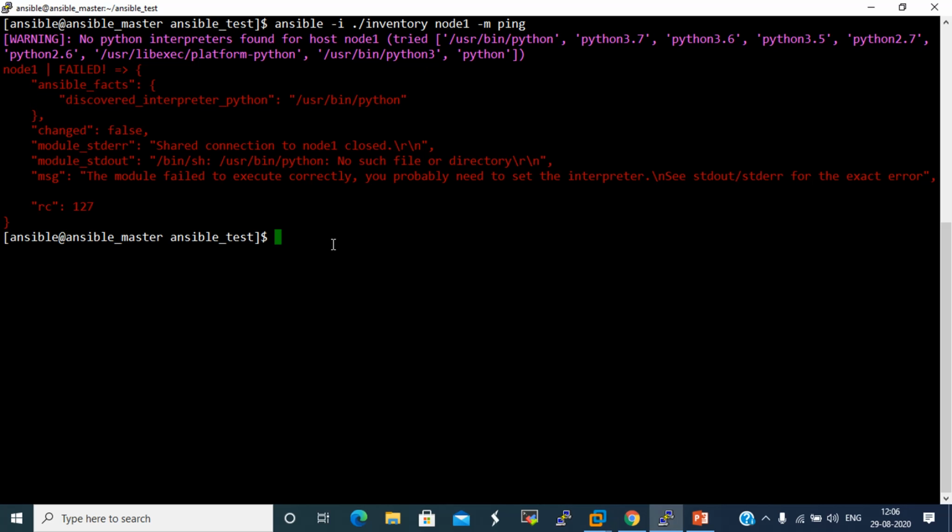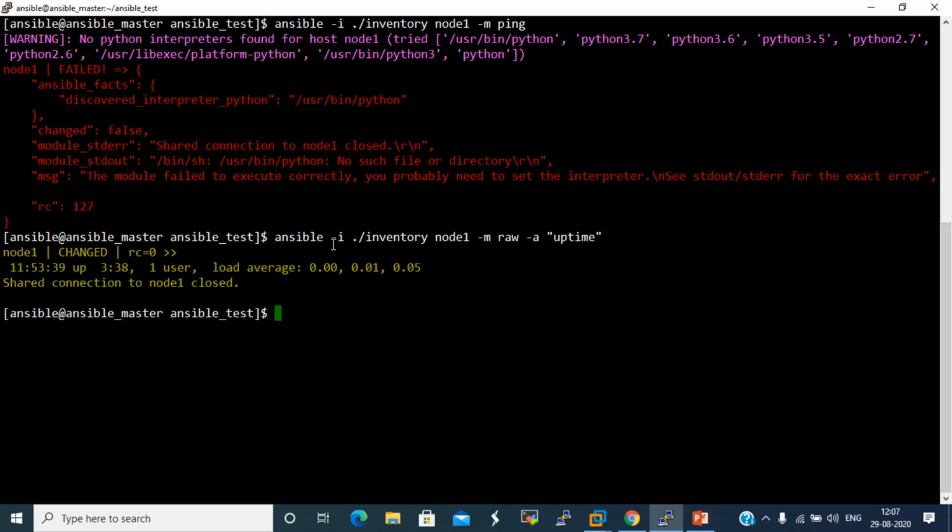To overcome this issue, we are using the raw module. Okay, it gives us the output.